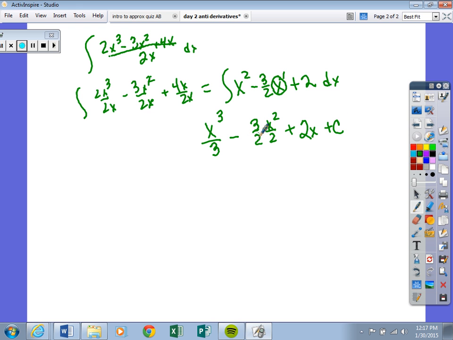So clean it up if you can. And the only thing I can really clean up here would be, I've got 3/4 x squared plus 2x plus c. So that's going to be it for me. So that's my final answer for the first one, okay? The second one